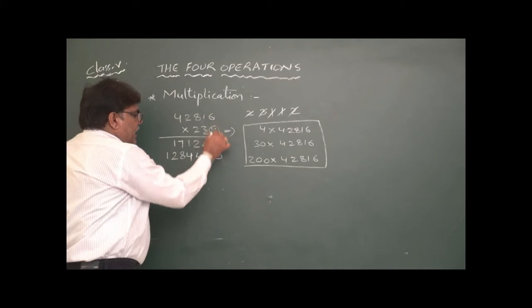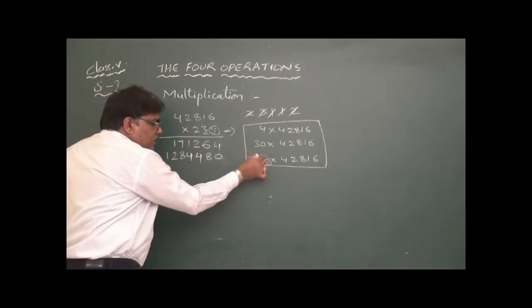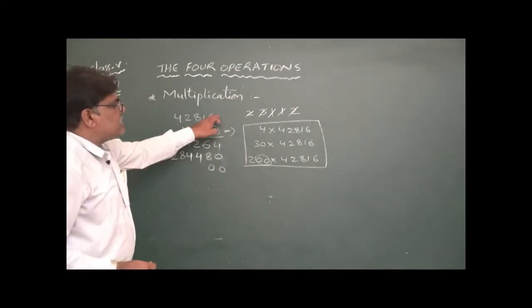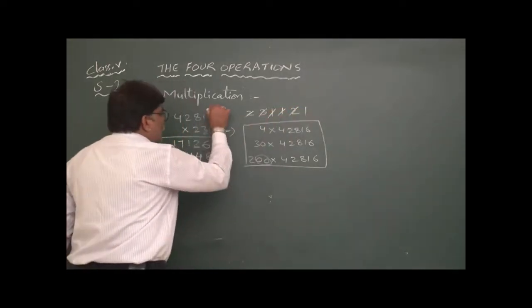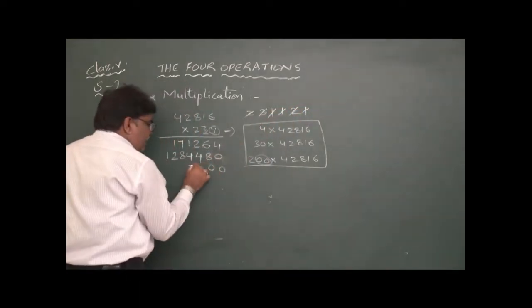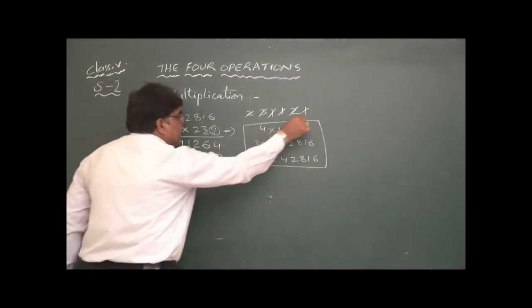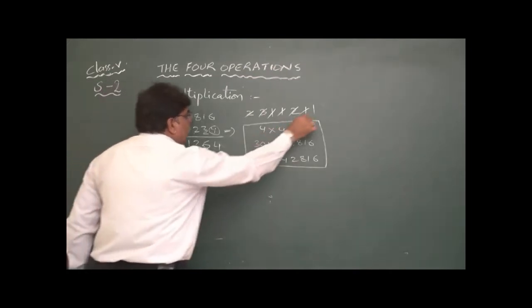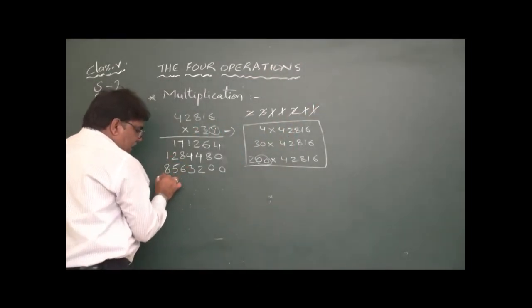Now again the 2 table. Now it is the hundreds value, so how many zeros? 2 zeros. We can take 2 zeros. Then we can start. 2 6s are 12, carry 1. 2 ones are 2 plus 1, 3. Then again 2 8s are 16, 6 carry 1. 2 2s are 4 plus 1, 5, carry is over. 2 4s are 8. So it is there.